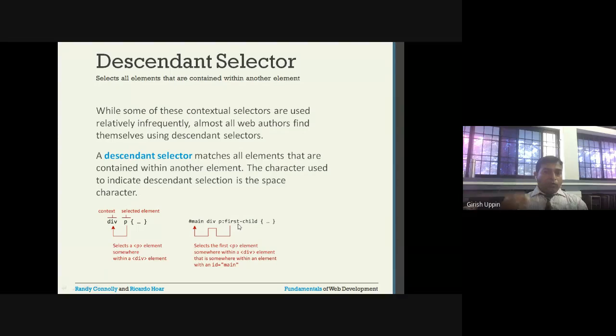So whichever is the first child, it will apply, whatever rules you have set. It selects the first P element somewhere within the div element, that is somewhere within an element with an ID main. So I have main, and inside main somewhere there is a div, and inside the div somewhere there is a first P. For that first P, it will apply this particular style.